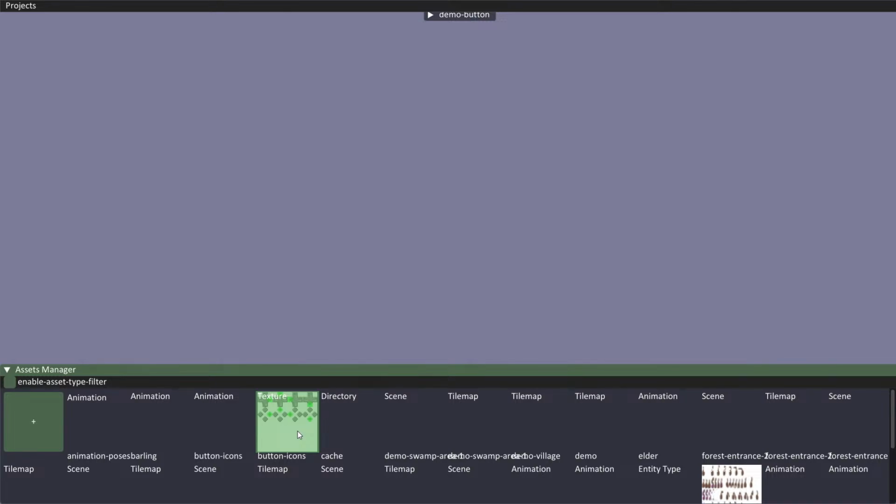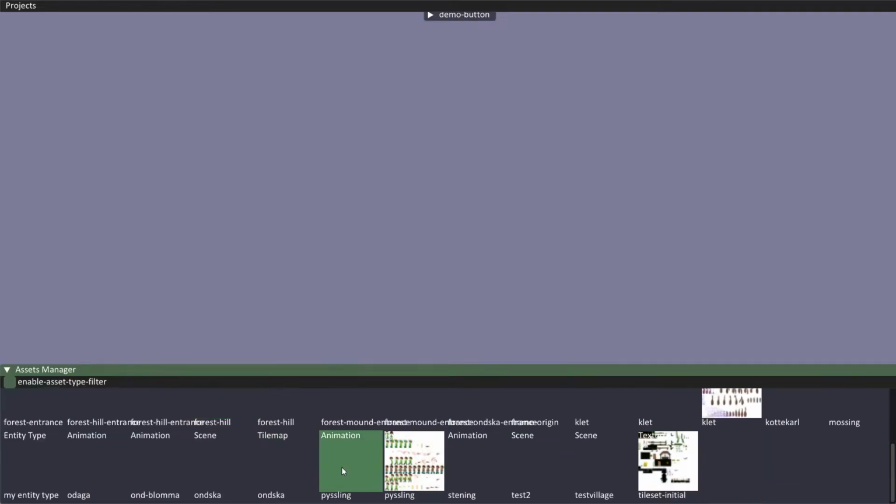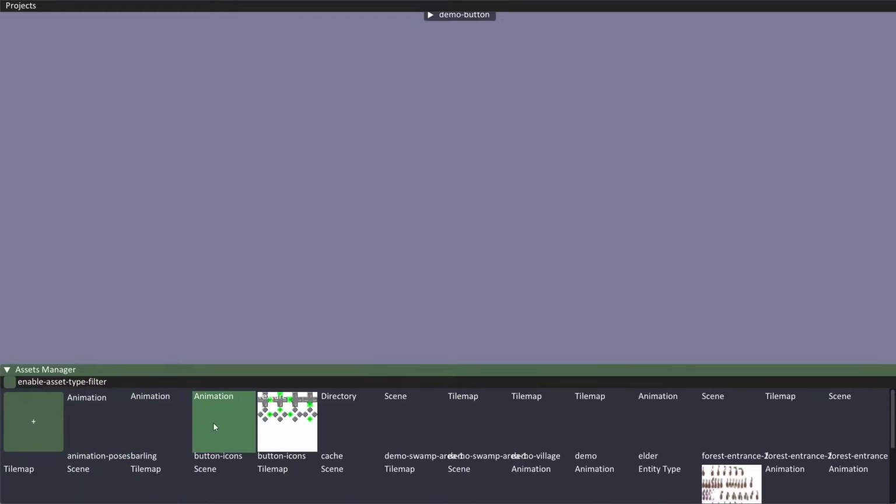So next step is to actually implement thumbnails for the rest of these types of assets that we have. I'm thinking of going for animation and entity type next, because those are the easiest ones right now. Well, we already have sort of their texture almost, so it should be pretty easy to do those. They are pretty similar as well, so if you do one, it's easier to do the other. So if we look at the animation, for example,